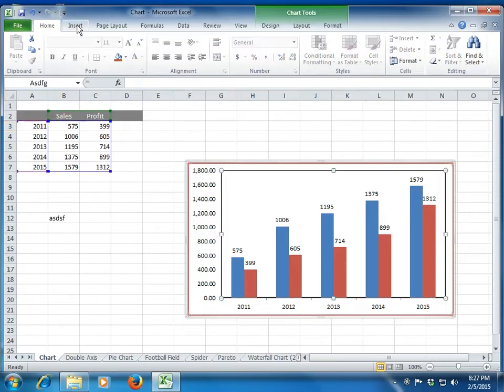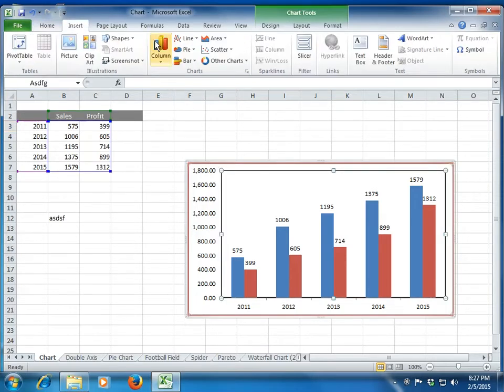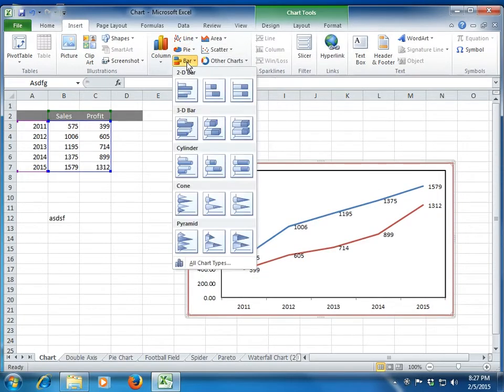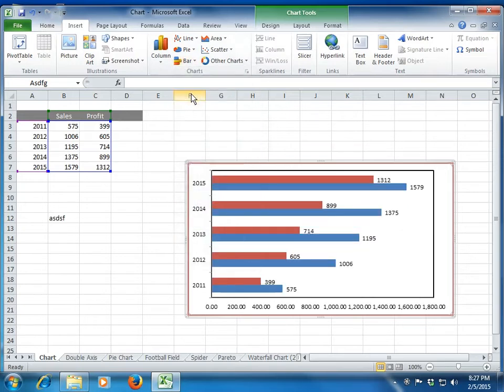Okay, now let me just show you briefly what are the other types of chart. Okay, so you have line chart. Okay, you can convert your data to line chart. Bar chart, pie chart will not be relevant in this case. We will study some of the useful features with respect to the bar chart, but do remember that bar chart is nothing but where we have the chart horizontally rather than having a vertical as in column. This is mainly used, if you have seen it and if you remember, when you are populating the result of surveys and all. So when you're populating a result of surveys, it's always better to use a bar chart rather than a column chart.